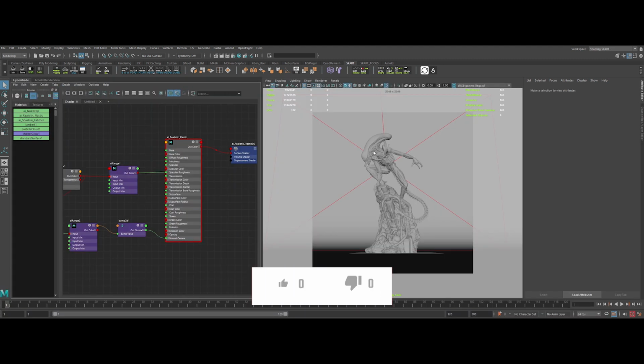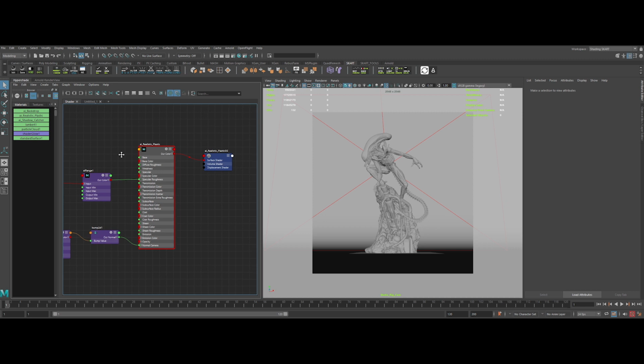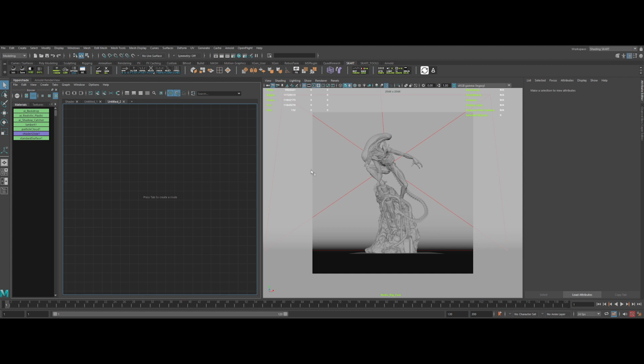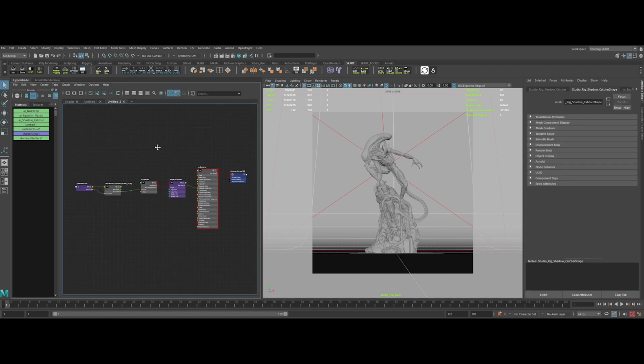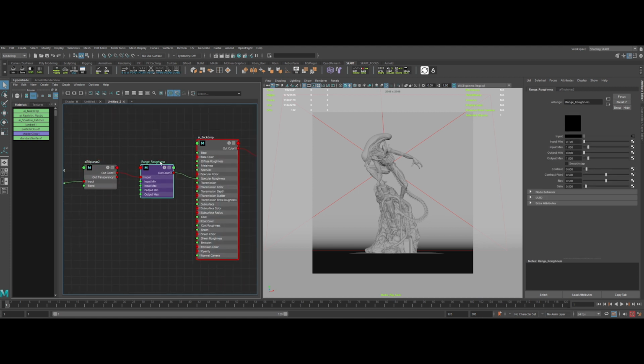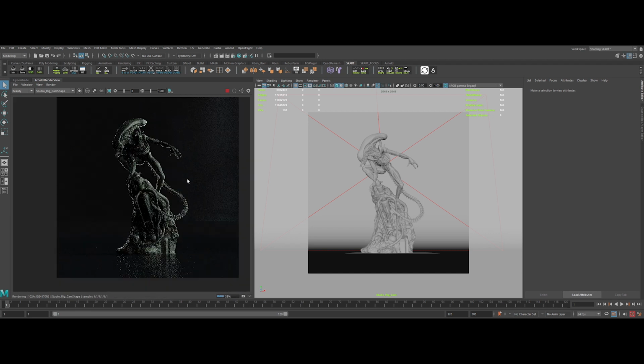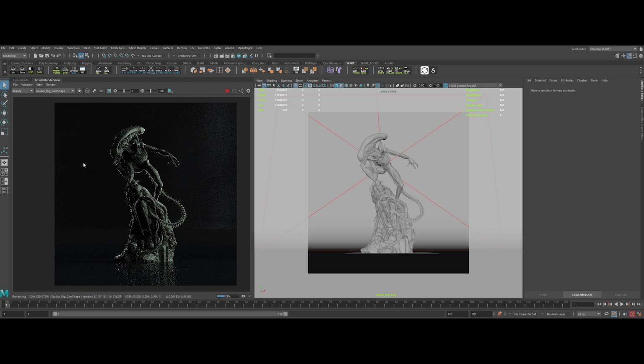For the main shader of the xenomorph, I've reused and tweaked a little bit my realistic plastic shader that we've seen in a previous video. If you are interested in how I've made it, click on the card in the upper right corner of the video to watch it. Then, for the shader of the background, it's a simple shader with a texture in the roughness channel to create some surface imperfections. Let's launch the IPR to see what we've got. Really nice. Now let's discover together how to create and set up a volumetric light.